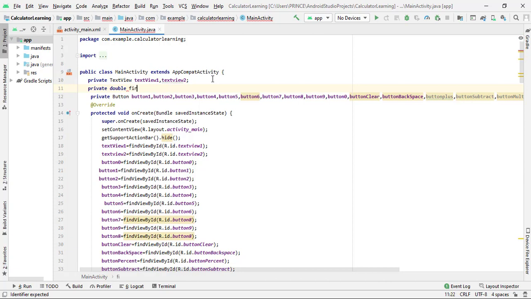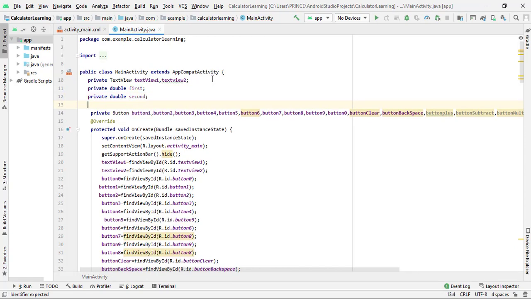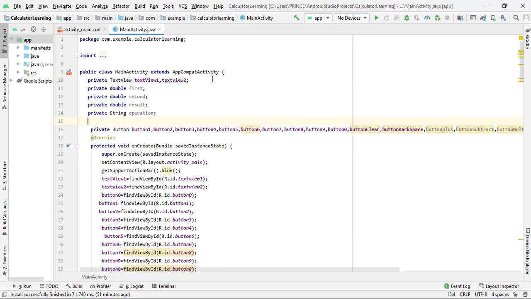I give the variable name first, and we need a second one for the second number, second, then semicolon. Now type private again, then we need a double type for storing the result. You can give any variable name, I give result. Now we need one more variable, so private string operation. I give the variable the name operation, but you can give any name.